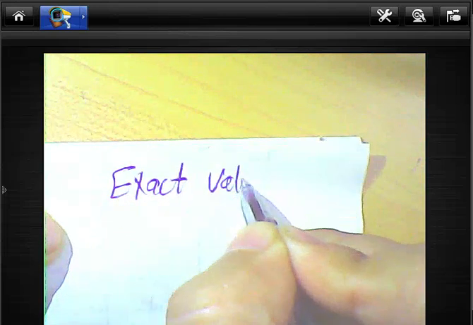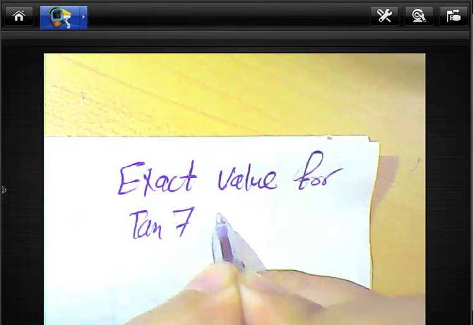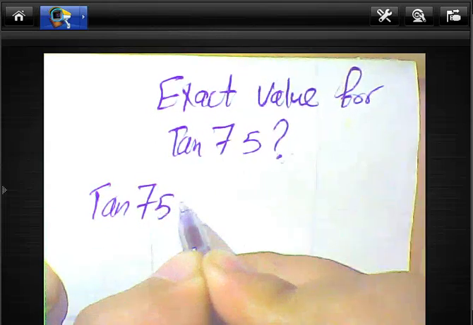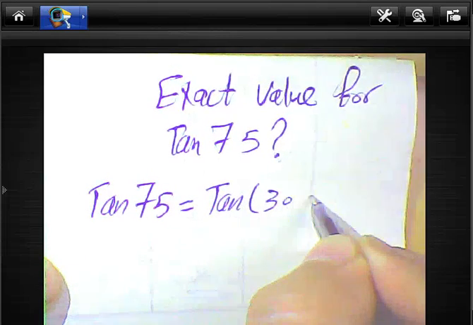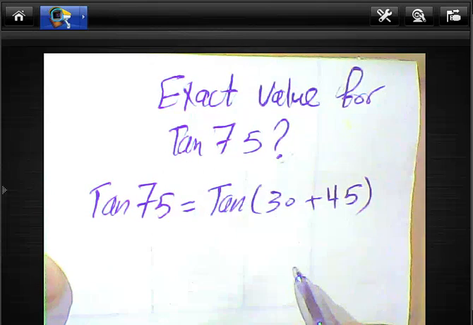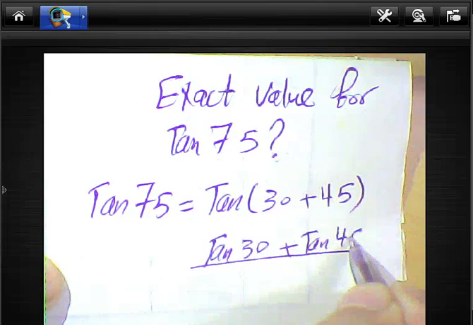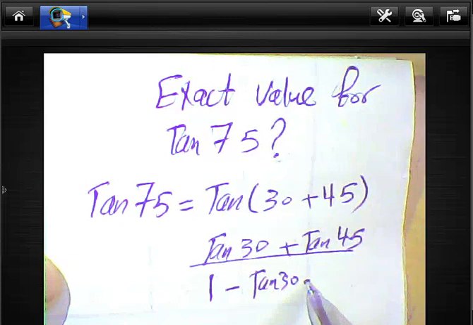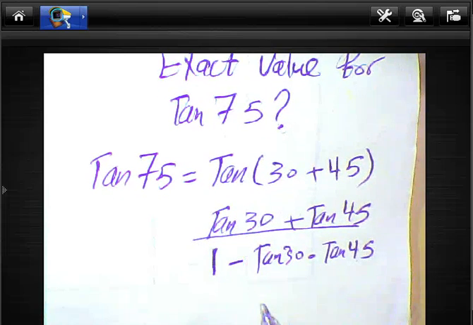Exact value for tan 75. Who can solve it? We can write here tan 75, and 75 we can simplify it as 30 and 45, and we can use the rule here, tan 30 plus tan 45 over 1 subtract tan 30 multiplied by tan 45. So we can write the result, tan 30 equals 1 over root 3